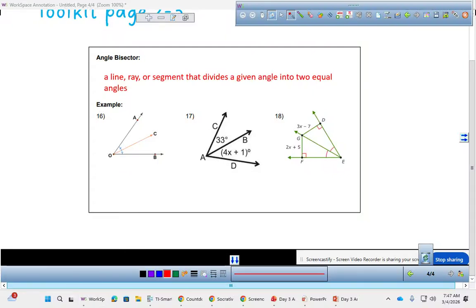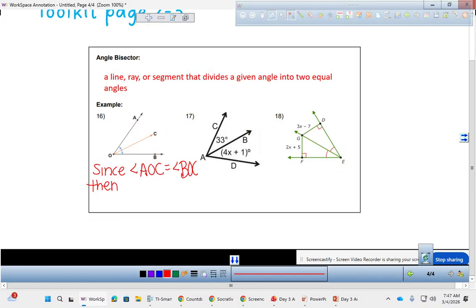So in this image here, image number 16, since angle AOC is equal to angle BOC. Why do I know they're equal? They've got that tick mark, right? We talked about that tick mark. Okay, I know they're equal. The image is telling me they're equal. So since they are equal, then